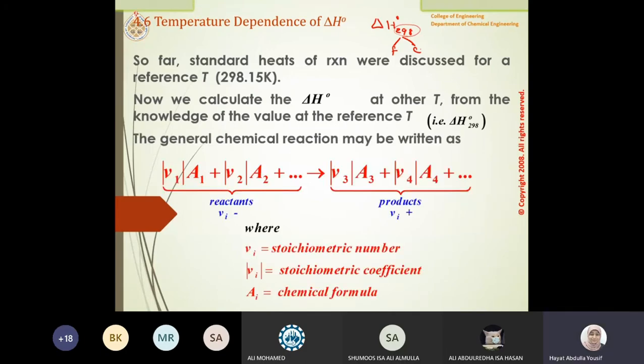Here, we have a reaction. I did it before, it was A plus B, give me L plus M. Here it is the same, but I just put it as A1, A2, A3, A4 as reactants and products. And then I put the stoichiometric number. Look at that. I put the absolute value for it to be the stoichiometric coefficient, because the absolute value is a stoichiometric coefficient, as you can see here, while the value without the absolute is the stoichiometric number. I hope that's clear for you and for everybody.